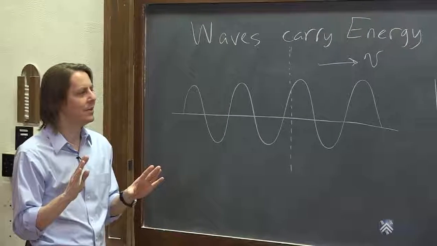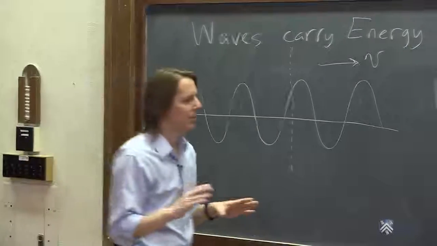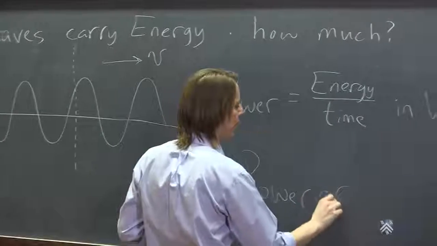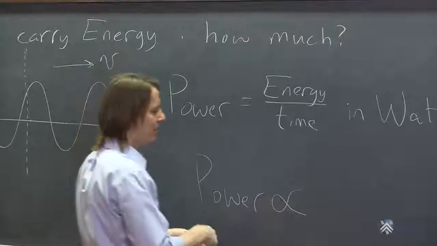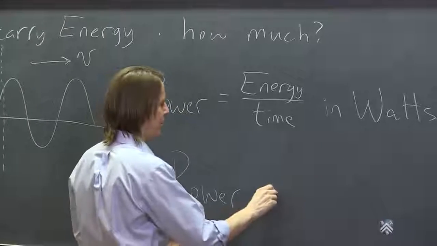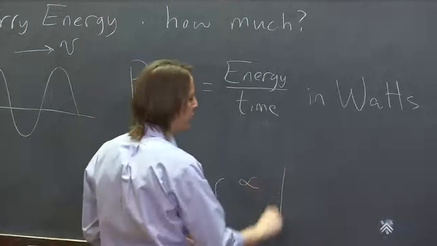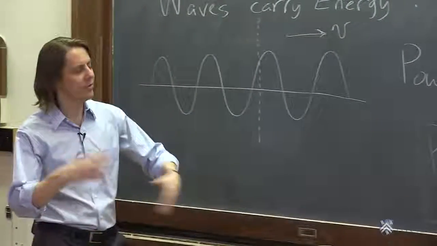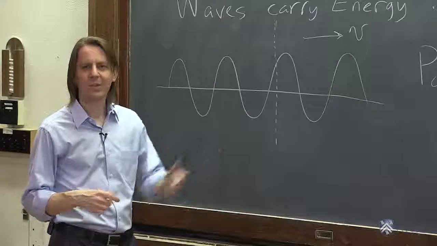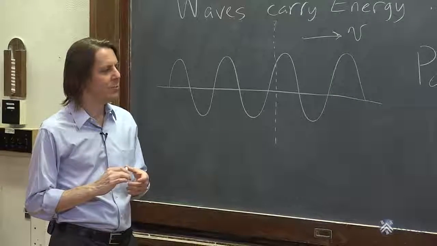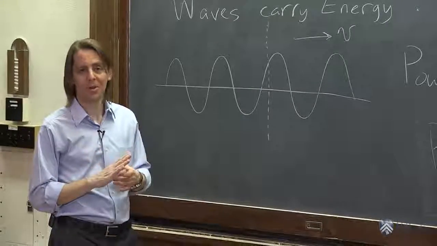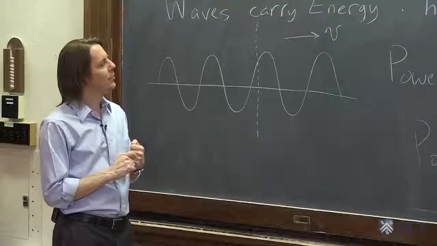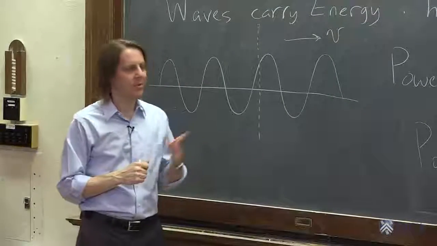I just want to tell you something that's generally true about waves: power follows a complicated formula that depends on parameters of the problem, but it's proportional to usually the amplitude squared. So you might see problems that say this wave is delivering this much power, and the amplitude changes. That's what you've got to think about. The power of the wave is proportional to the amplitude squared. I'm sure I can find cases where that's not true, but in general, for waves, that's the case. So in terms of power, that's all we're going to think about. For anything else, we'd have to do it for that specific system. But this is the thing that's always true.